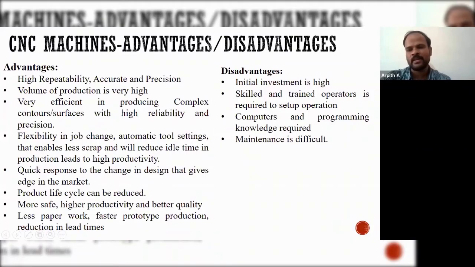So as in the previous class, if there is any sudden change in the product to be produced, it is very responsive. The whole setup can be changed in a very limited period of time, right? That is a very big advantage again. And the product life cycle is one technical term everybody should remember, right? Product life cycle means every product has its own life span.